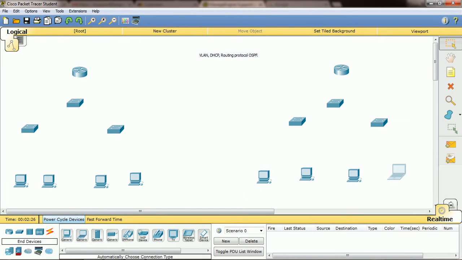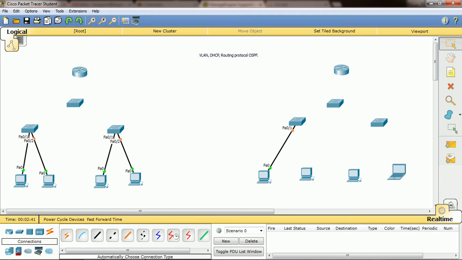Right, then we will do the cabling part, physical connectivity. I think for making this diagram it is taking more time than configurations. Once we finish this cable connectivity, then we will finish the configurations very soon, right?